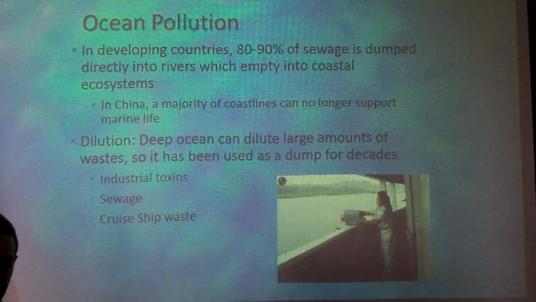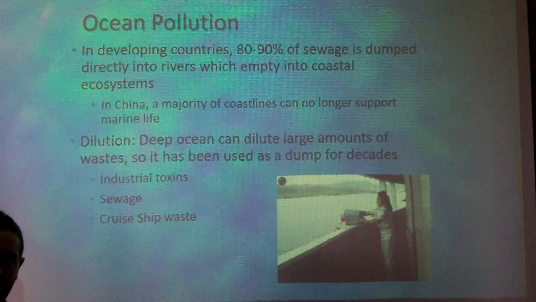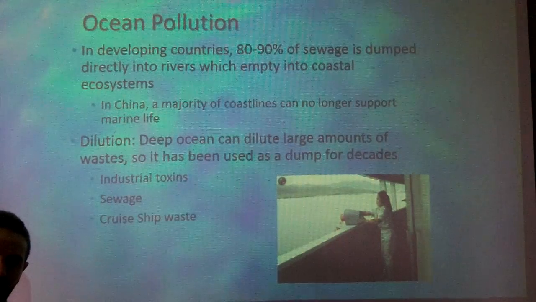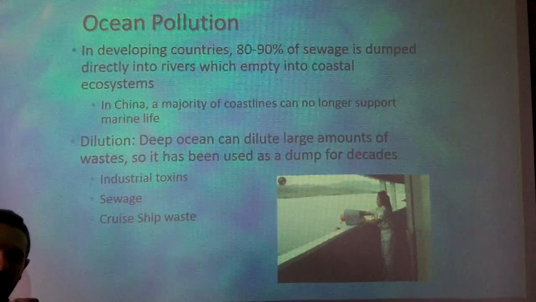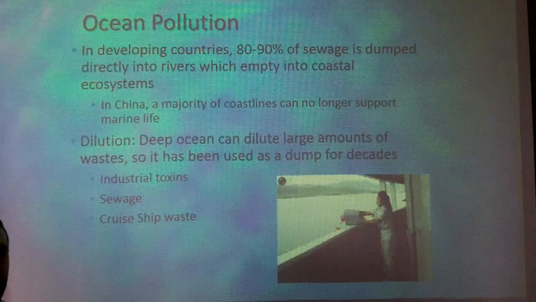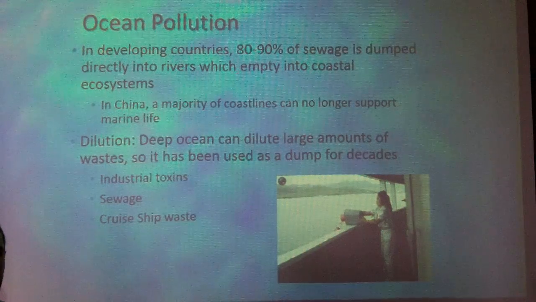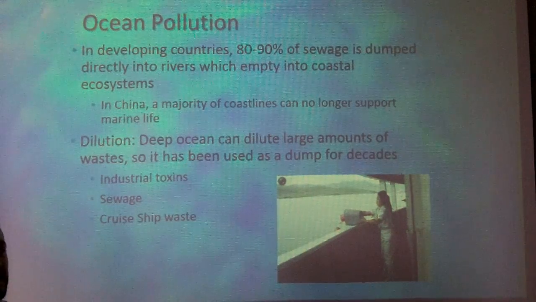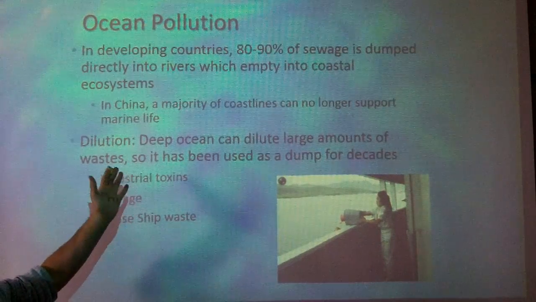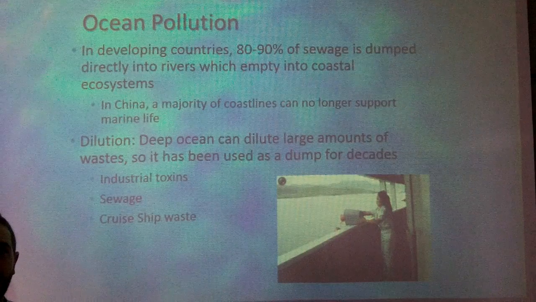Luckily for us in Florida, a lot of the stats that we're going to go over here in a second don't apply to us as much because we have the Gulf Current that comes right around the southern tip of Florida. It comes up the east coast, and it helps really churn out that water and cleanse out our coastline. So we're very lucky for that. They don't have that in all countries or other parts of the United States. So what happens is that the waste that gets dumped into the rivers then ends up in our coastline, or pollutes our coastline for long periods of time.